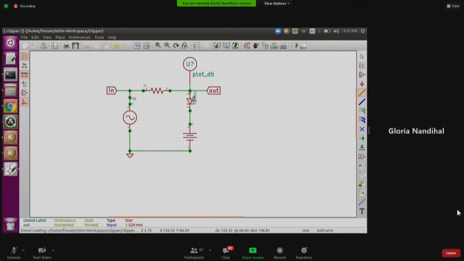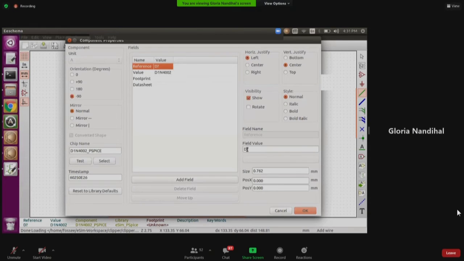How is it possible? Mainly, all ngSpice components have their own designators, or we call it a reference. When I click on the component and edit it, you see this is the reference D. So ngSpice understands D means it's a model diode device. If it is a U, then it gives me an error. It says that it is an unknown device. If it is an X, it understands it is a subcircuit.